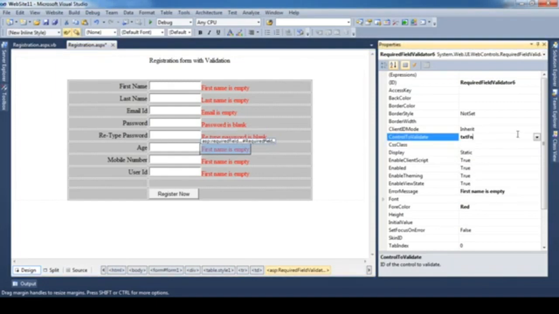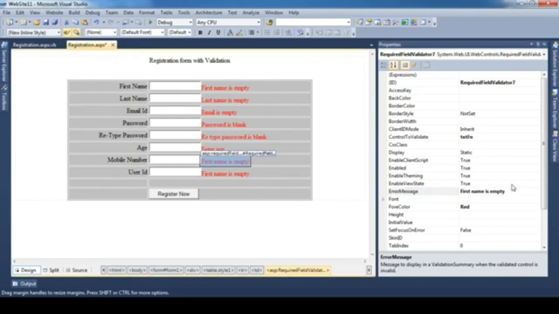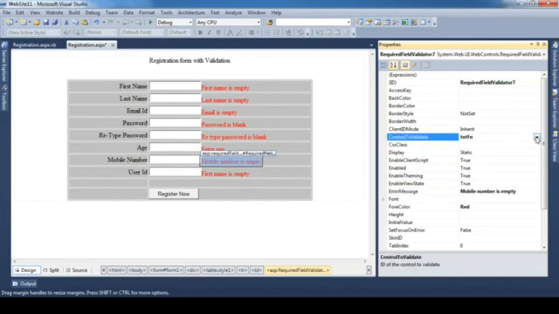Next, age. First we will select txtage as the control to validate, and the error message will be "enter age." Then for mobile number, here we are not doing any validation like "mobile number is wrong"; first we should enter something inside the text box.